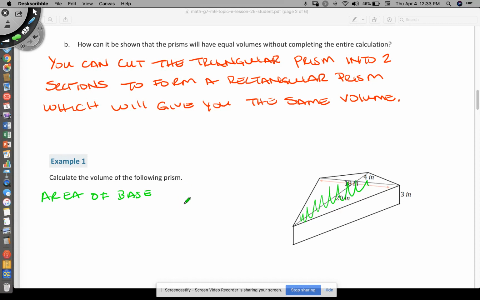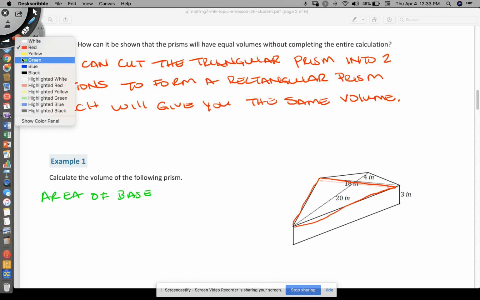Now, I'm going to take this apart. Let me go ahead and erase my coloring there for a second. I'm going to outline what I'm doing here, just so you can see the different pieces. I see right away that I actually have 2 triangles. If I cut this right down the center here, I have a triangle that goes this way. So I'm going to find the area of that triangle, and then I'm going to add it to the area